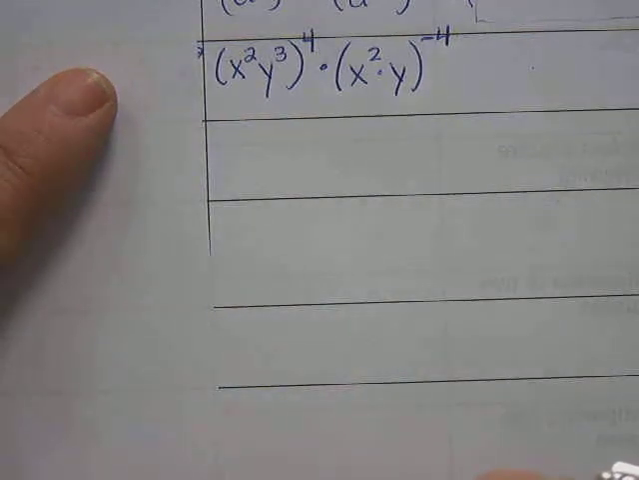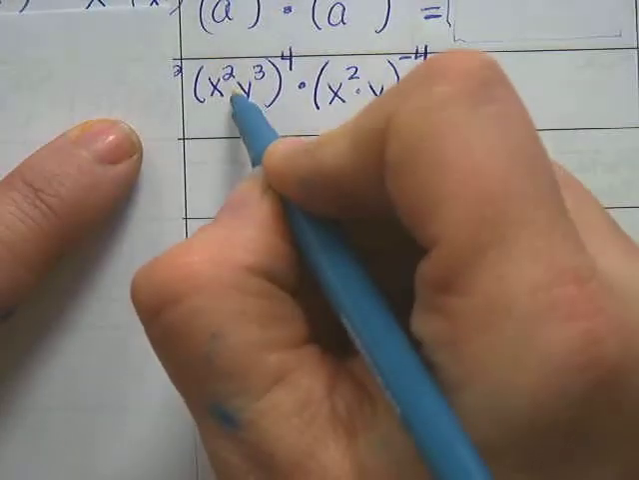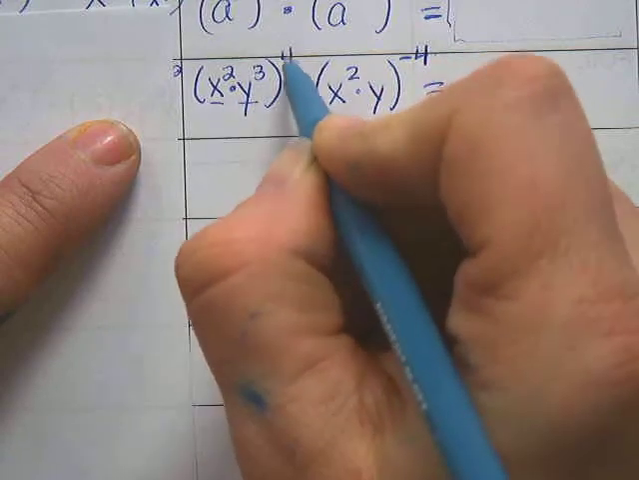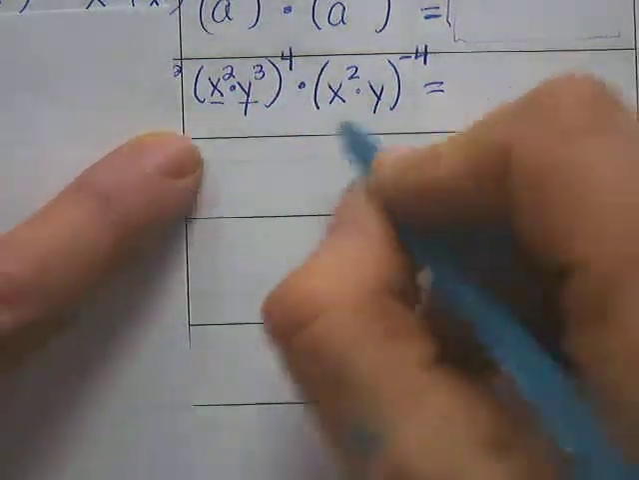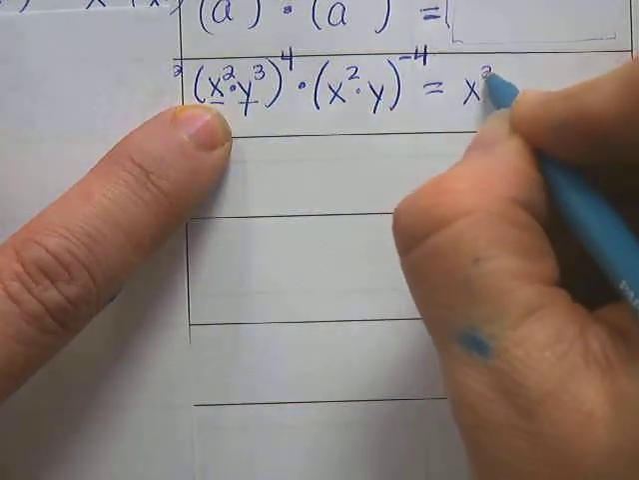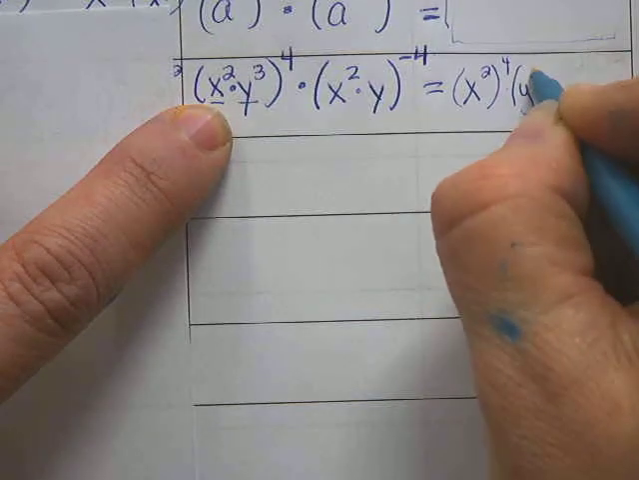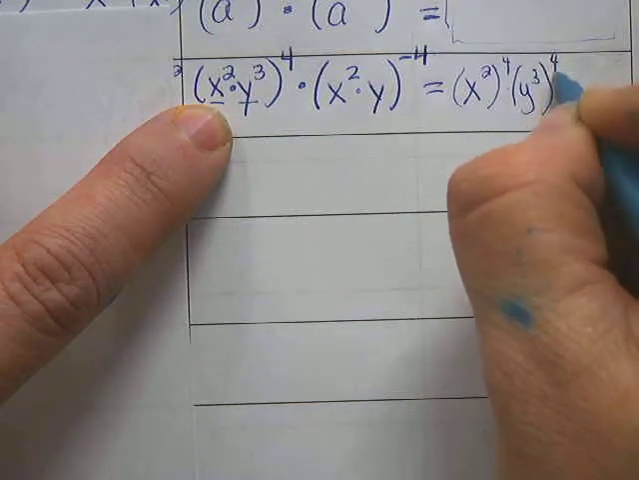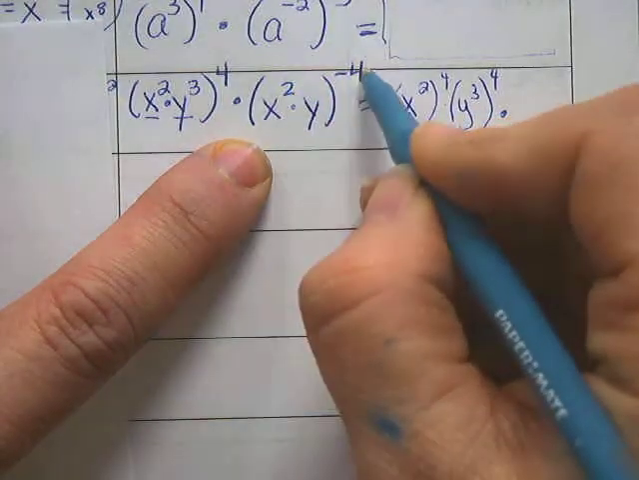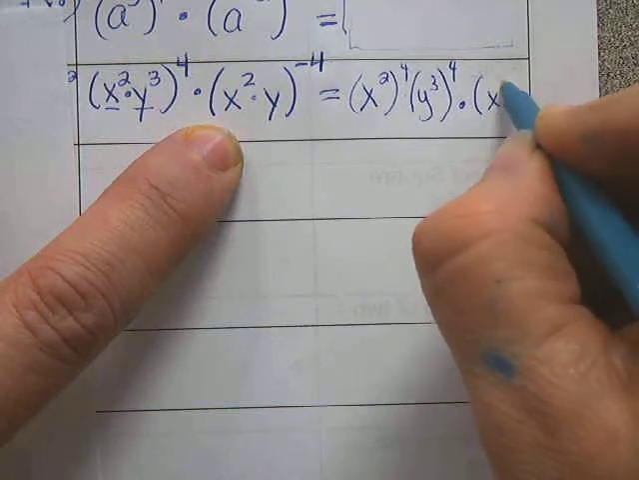Okay, so let's look at this example. Take a minute to write this down. If you need to pause the video to get that written, please do that. I'll give you a little bit of a hint. Notice that each part of this product all has to be raised to the 4th power. So this is going to become x squared to the 4th times y cubed to the 4th